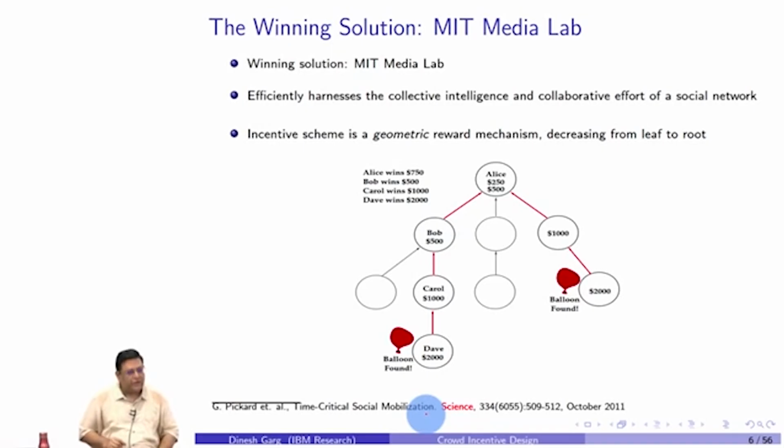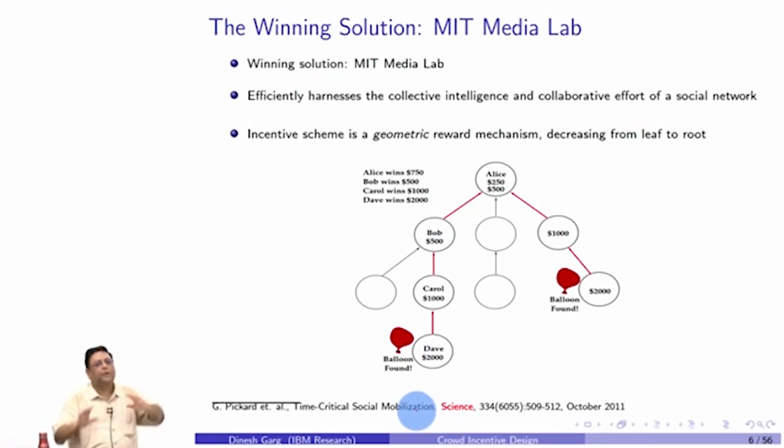Now let me ask you this question. What if we would have perturbed this around and made it top heavy, in the sense that we give the highest reward to the root, then half to the children, the next half to the next children, and so forth? Here the award money is highest for the leaf node and it decreases as you move up to the root. What if it would have been highest at the root, and decreased as you go down? What's the problem with that scheme? Why did they not think of it?